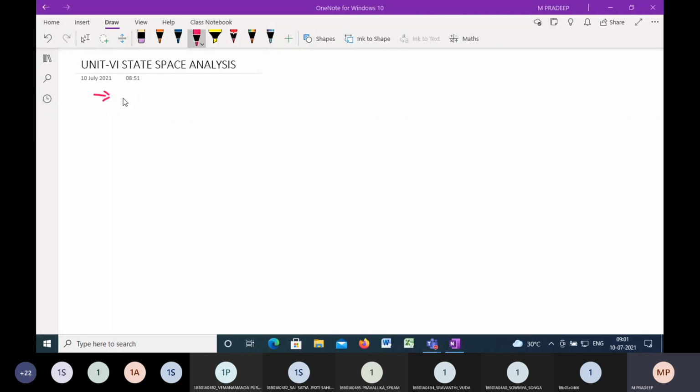And the next unit is about the stability analysis of your control system. From this we are going to consider the Routh-Hurwitz criteria and the root locus. From this we define the stability of your system, whether the system is called marginally stable, unstable, or totally stable. For that we use two techniques: Routh-Hurwitz criteria is one technique and root locus is another technique. There we are able to determine the stability of your system.